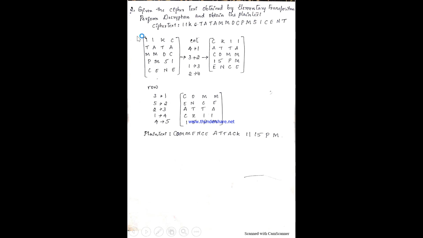Since the ciphertext is provided to us, we have to perform decryption. If you are performing decryption, then we perform it in the reverse order. That is, first we perform column transposition, next we perform row transposition. And what is the order that I have followed? The previous one: column 4 3 1 2, and for row, sorry, 3 5 2 1 4. Same explanation again I have to repeat, I guess.